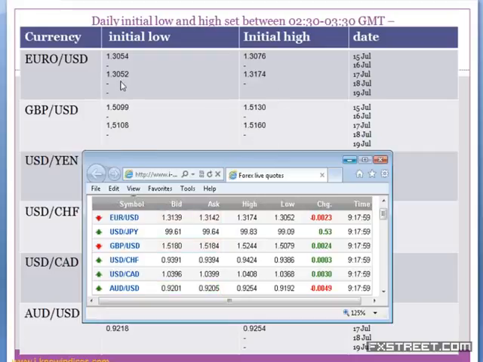They have set it. Now in the case of euro, 1.3052 is the low. Still that low has not been breached. But 1.3174 is the high. They have not breached it. Even though there was a data release and a quick move and things like that, they have not done it. In the case of GBP, because of the data, the low was